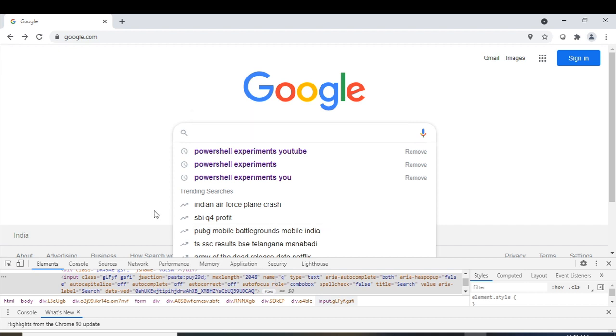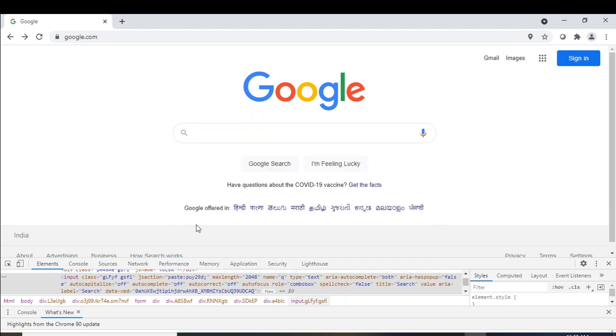To locate this element uniquely, I'll be using a method called XPath. By XPath I'll be able to locate it uniquely. It is possible for many web elements to have the same name. So in that case, how can we uniquely identify an element? We will discuss that here.